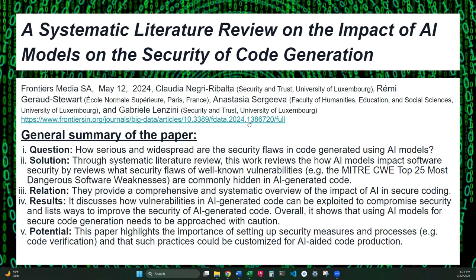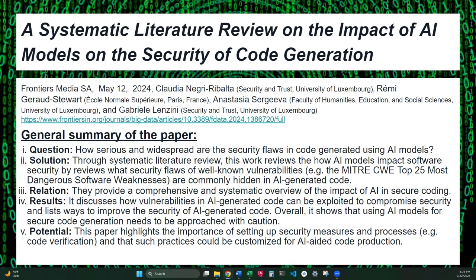They also list ways to improve the security of AI-generated code by using common standards. This research showed that AI models do not produce safe code and have inherent vulnerabilities despite mitigations that have been used today.